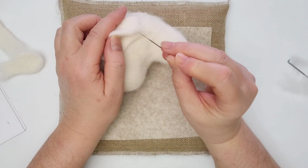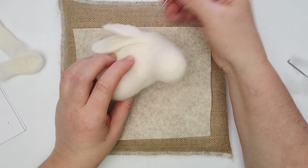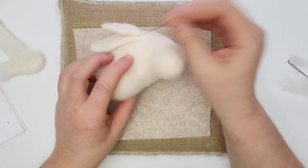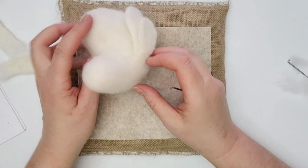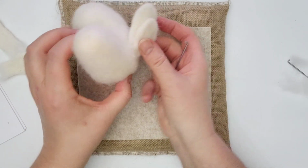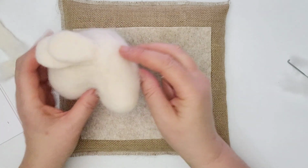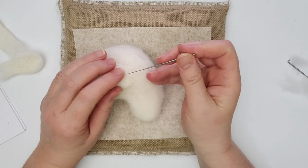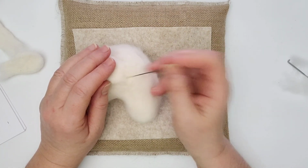And then just go, you see now how that's attached? Kind of want that in there, and then you can just go down the edges there and the other side, and that's pretty much it. That's attached rather nicely, and very little seam showing. And then what I'm going to do is I'm just going to poke this in a little bit more firmly,